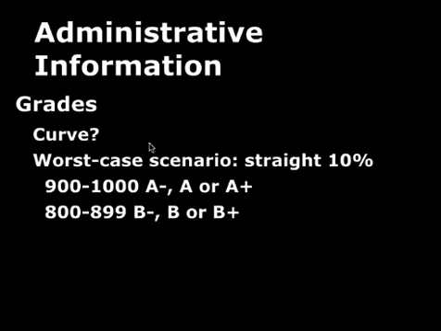And what does that mean? Well, it means, for instance, that 90% to 100% is an A, or in this case, 900 points to 1,000 points will be an A. So maybe 900 to 930 is an A minus, 930 to 970 is an A, 970 to 1,000 is an A plus, right? And so on for Bs, right? 80% to 90% is a B, and so on. So that's just a standard straight 10% breakdown that everyone's familiar with. That's the worst case scenario for you, okay? Meaning that it's not going to be curved upwards.